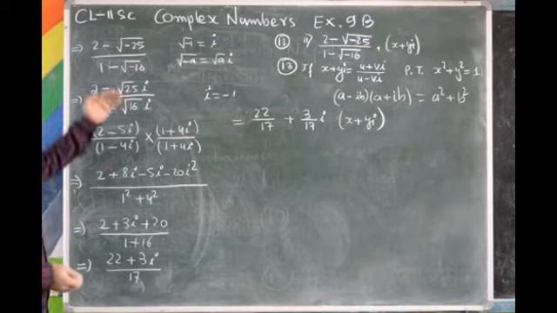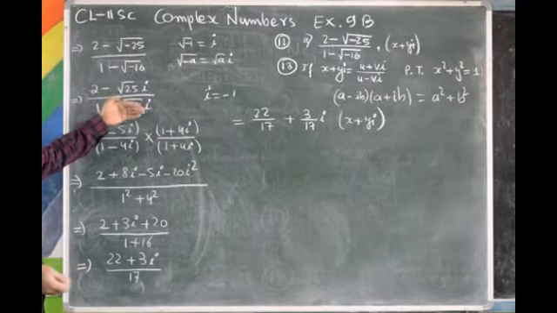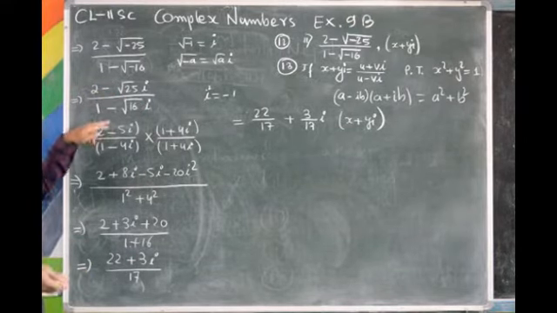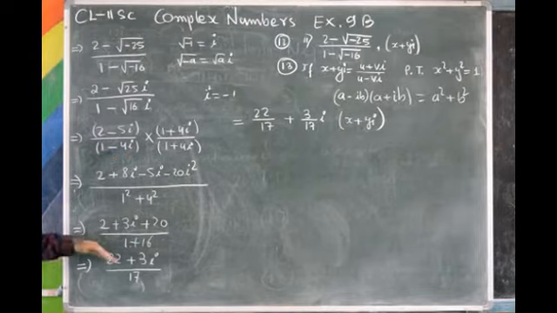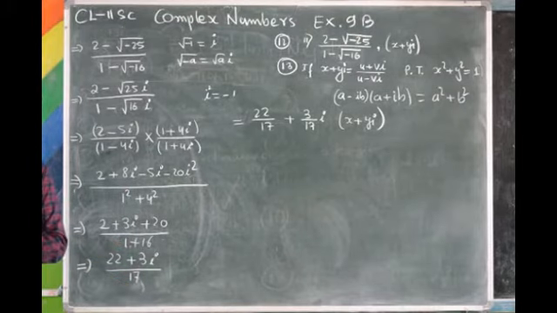Now first use the property of complex numbers. Then if the complex number comes at the denominator, we need to remove it by rationalizing. After rationalizing, whatever we get, that is our standard form of the complex number. And if there is a denominator, just separate the denominator for each numerator.